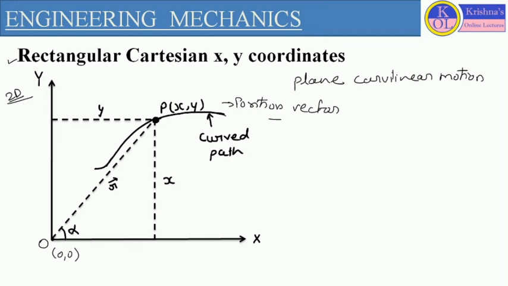Now, let us consider the resultant of this velocity. It makes an angle alpha with the x-axis. So if we want to define this angle alpha of the resultant velocity, which has a direction tangential to the curved path, it is defined by